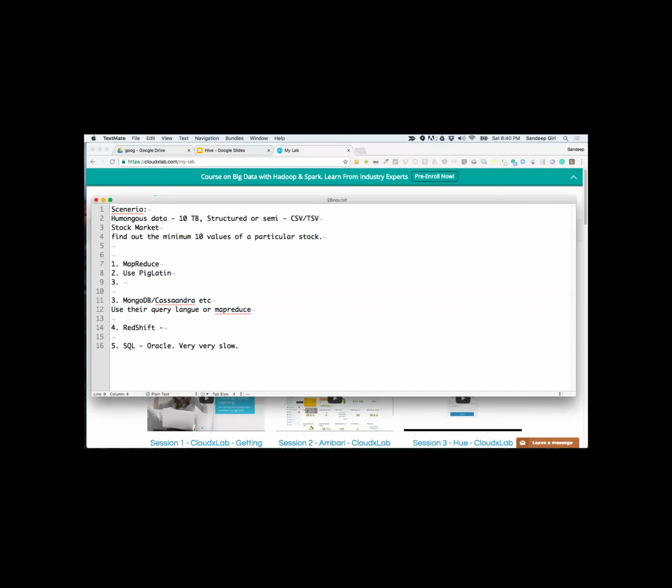Third is use Hive. In MapReduce, you will have to write the code in Java, Unix shell script, or Python. Or use Piglatin, or you could use Hive. In Hive, you just have to write SQL.